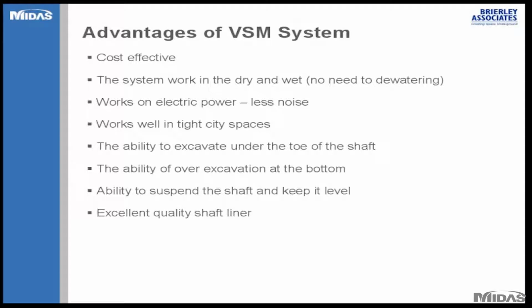Finally, looking at this system, you can see the main advantages of using the VSM machine, or the vertical shaft machine. It's very cost effective, and in fact, I didn't discuss it here, but you can easily achieve between 7 up to 15 feet of rate of advance a day, and the day was about 10 hours. And of course, there is a learning curve in the beginning. As I said, this was used for the first time, but eventually, in some cases, they were able to achieve 15 feet a day rate of advance.